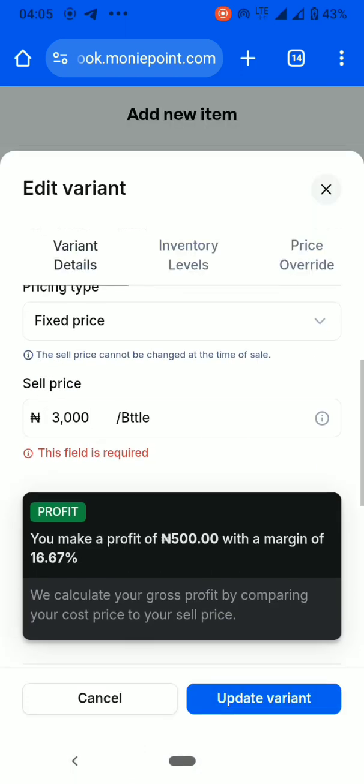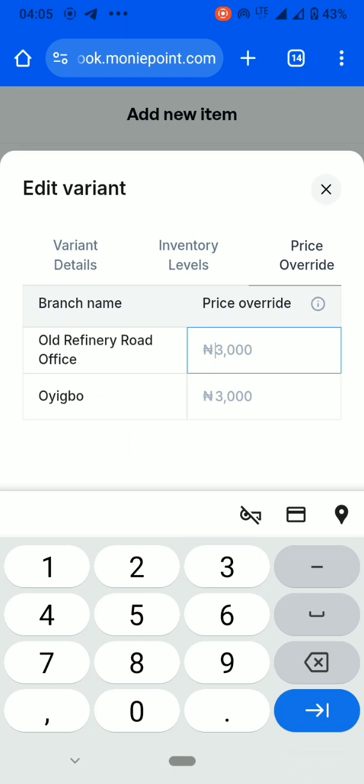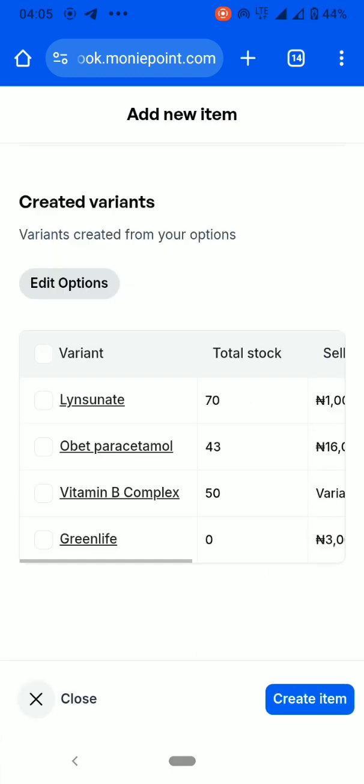And then remember that thing I talked about, price override. Let's assume I want to override a price and say at Old Refinery Road, I want to sell this item for 35. This is just like a reminder. So when I'm done with this, I can update variant. And if I do that,